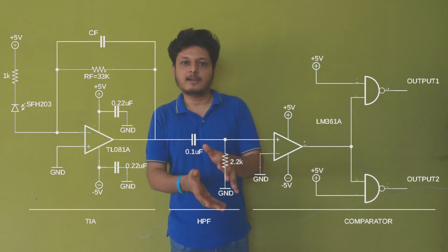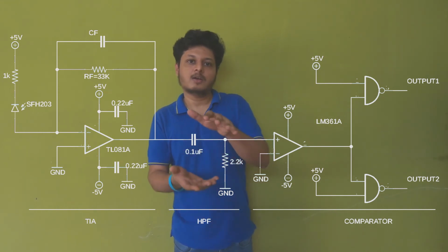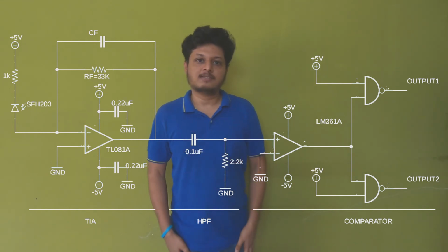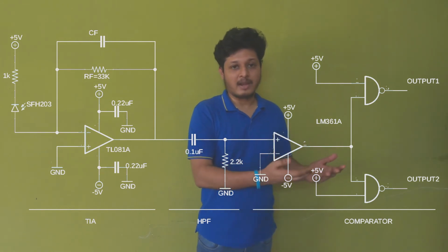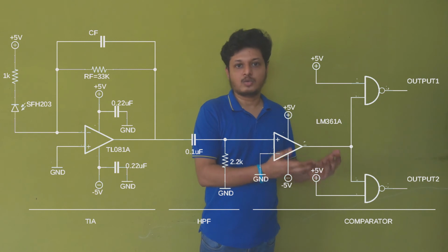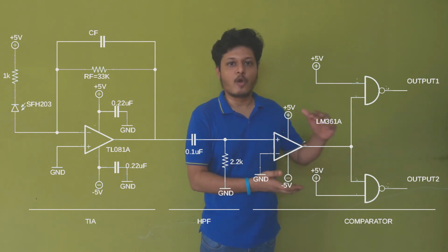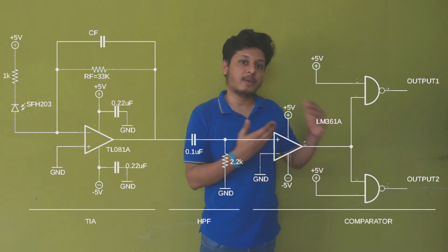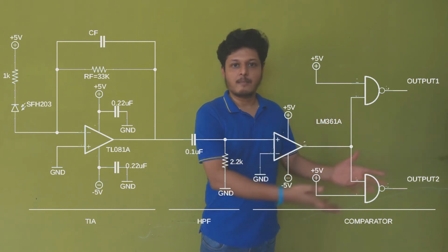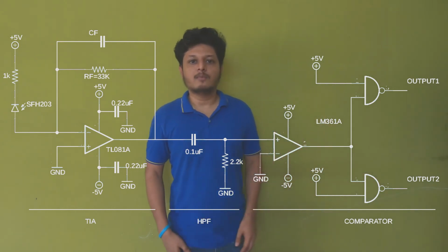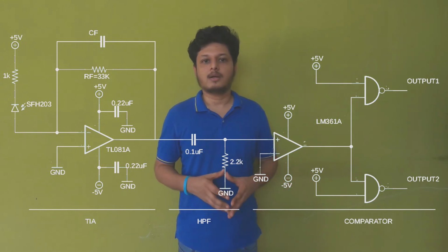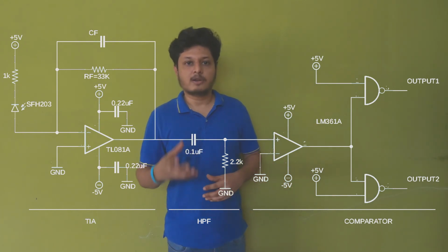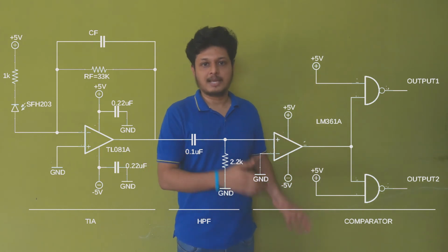Now after the high-pass filter, our waveform will be shifted to be symmetrical around ground so that we can use a comparator easily, setting the comparison value or the reference to ground so that we can get a proper output or shaped waveform at the output of this comparator. The comparator that we'll be using is LM361. It's a dual comparator. It provides a complementary output. So it's pretty useful in this case.